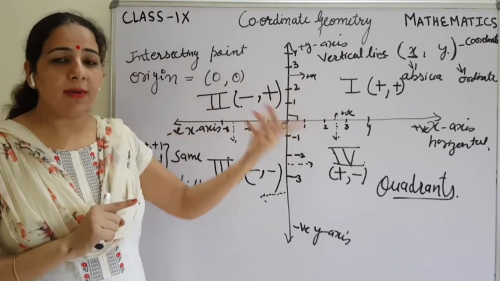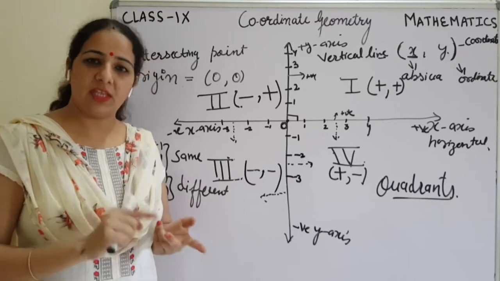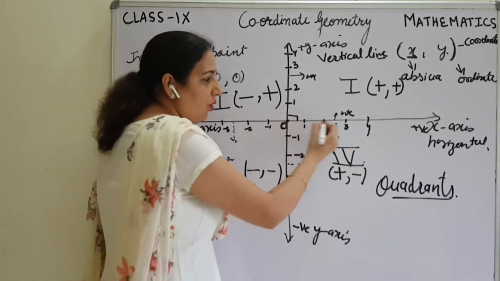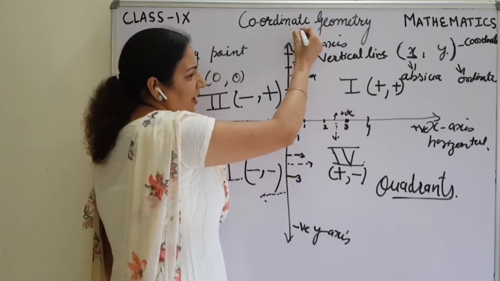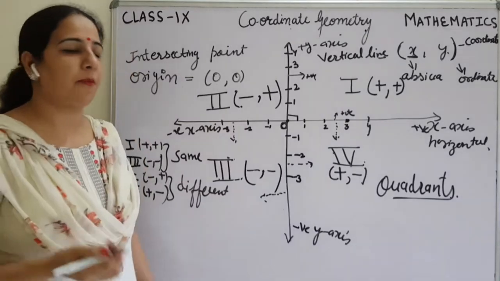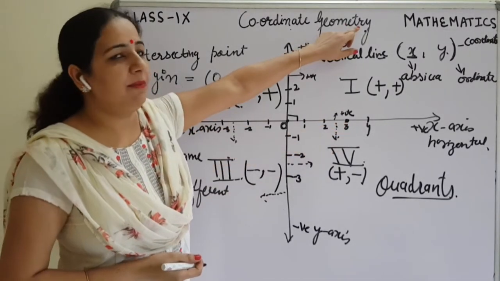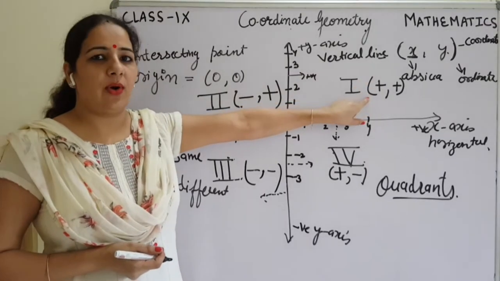If you are not able to tell like this, then what can you do? You just plot the number. (3, 7). First go to number 3, then y is 7, somewhere here. So the point will be here. I will tell you later on how to plot the points. So (3, 7) will be here. So in which quadrant does it lie? It lies in the first quadrant.